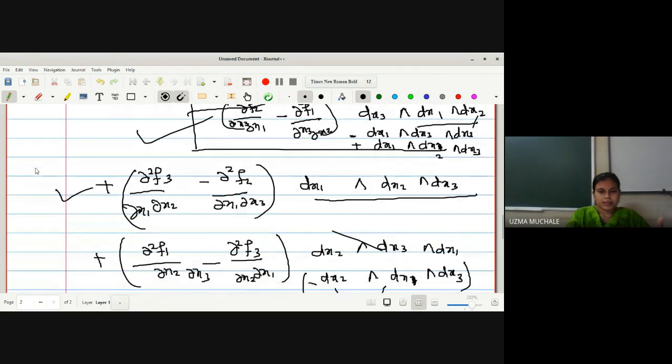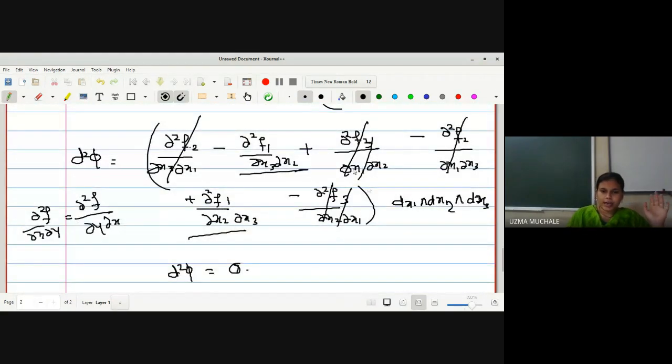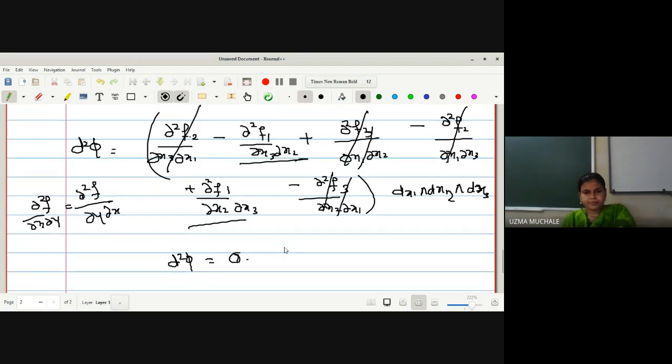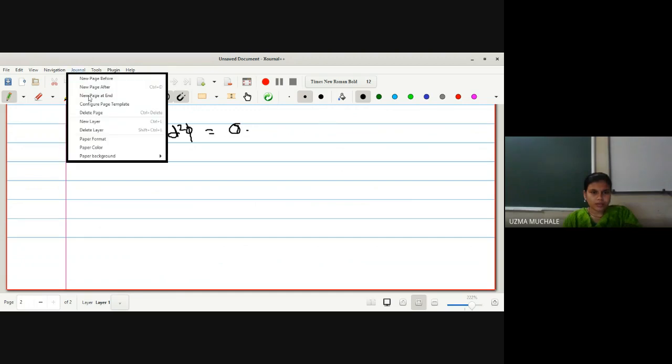Okay, now the next term, again here you will get 3 terms, and out of the 3, the term which is non-zero I have written. So here also I have written only the terms which are non-zero. Again what I have to do is simply check the position of your wedge product, and by interchanging it a little we have to write, right? And write down all the partial derivatives in one bracket. Outside the bracket, you have to write dx1 wedge product with dx2 wedge product with dx3. So it will be equal to 0. d2 phi equal to 0. Any doubt up to this one? No, ma'am. No, ma'am. Okay, if not, let us go for the properties of this wedge product.